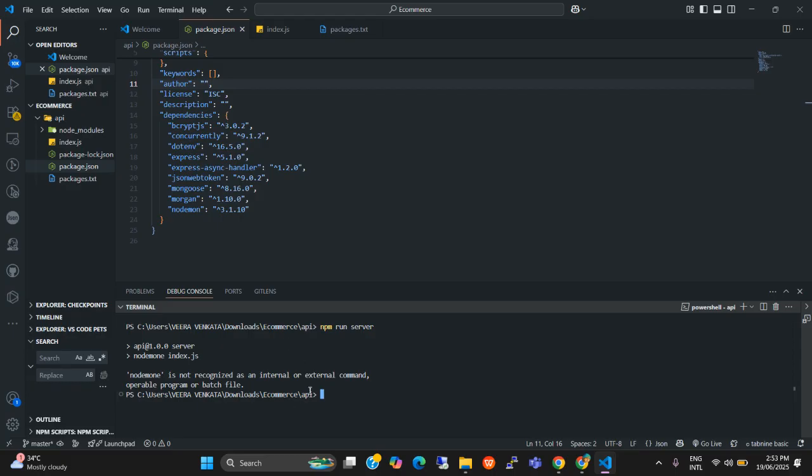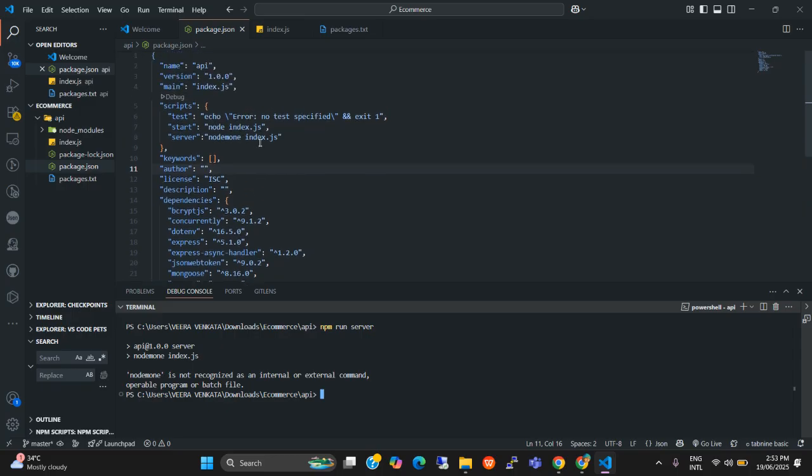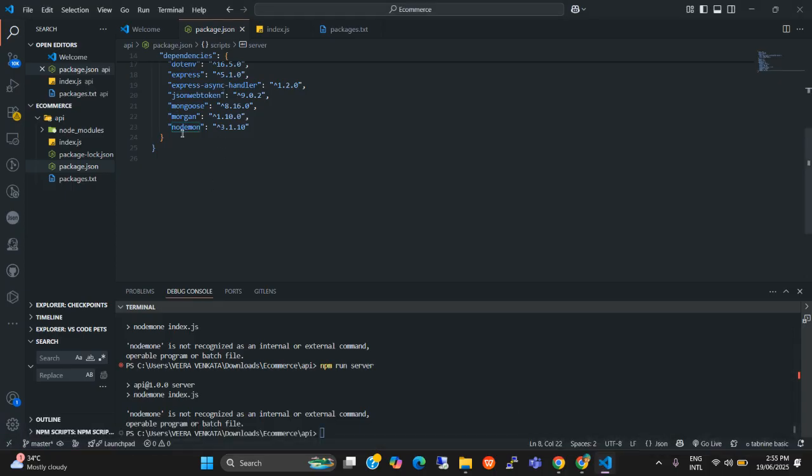Okay, so what I will do is, just a second. nodemon index.js. Let me check whether it's installed or not. The actual error is nothing. I just mentioned nodemon here, and we need to enter the spelling correctly. I got the spelling wrong, so it's incorrect. So if I re-enter the command,